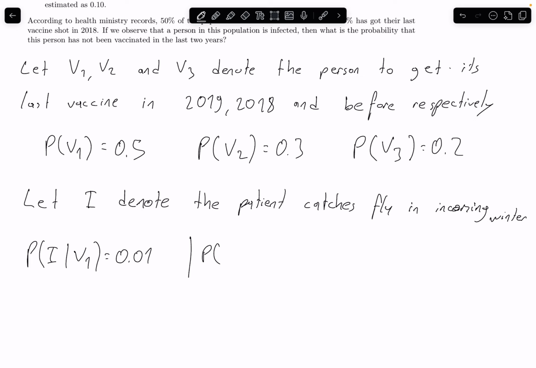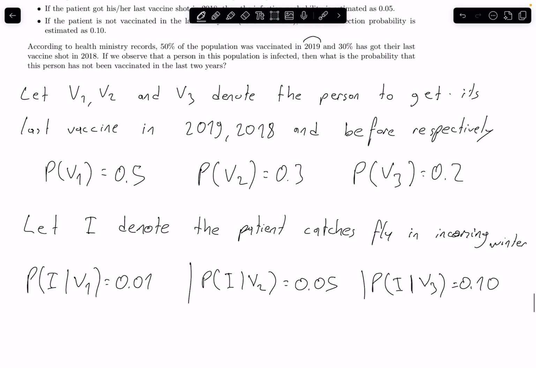So the probability of the patient is sick and vaccinated in 2018 is 0.05, and the probability of the patient is sick and he got his vaccination before 2018 is 0.10. Okay, so we need to calculate